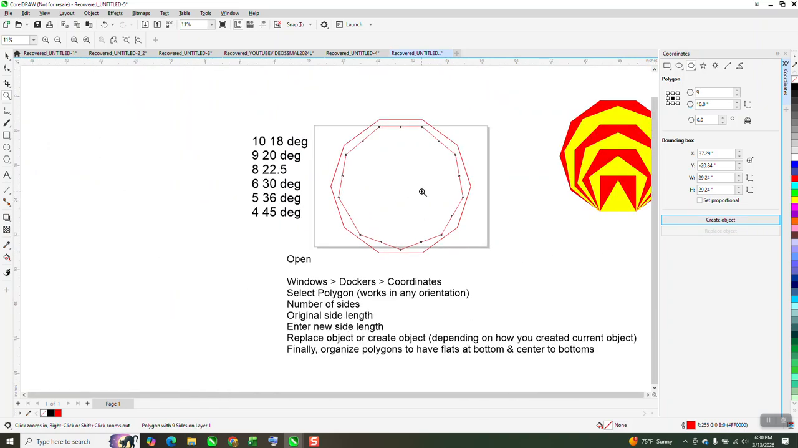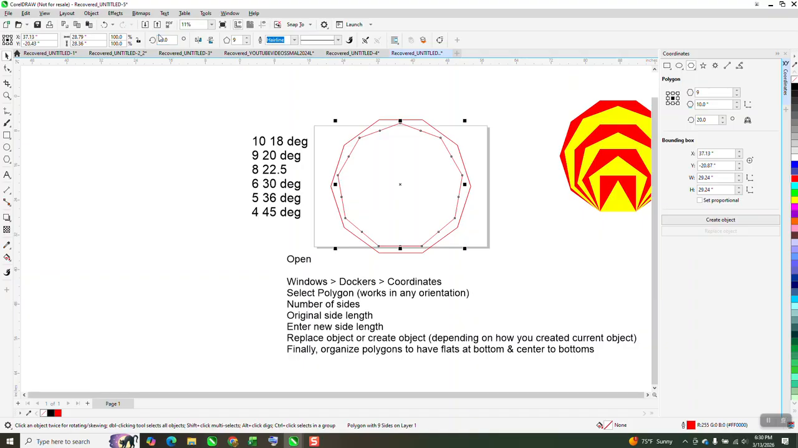And see, this one I need to rotate 20 degrees. I don't know whether I should do this before or after. I want all these flat sides. Okay, I've got that one selected. I'm going to create an object,